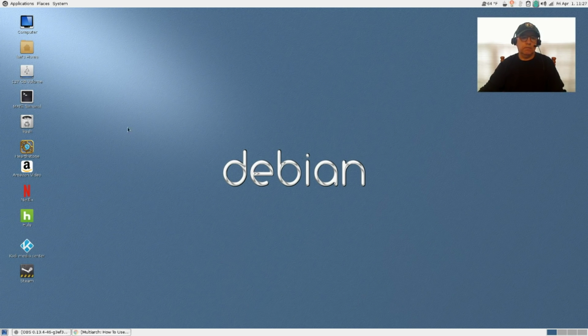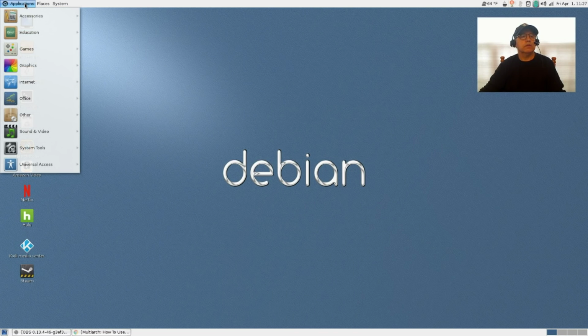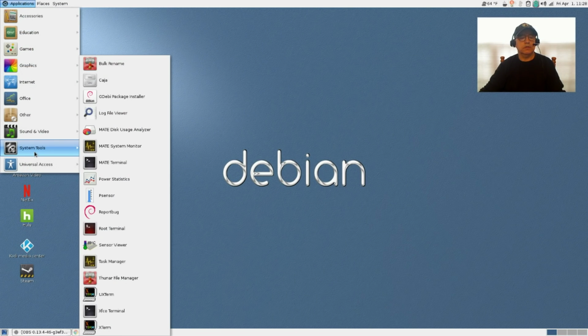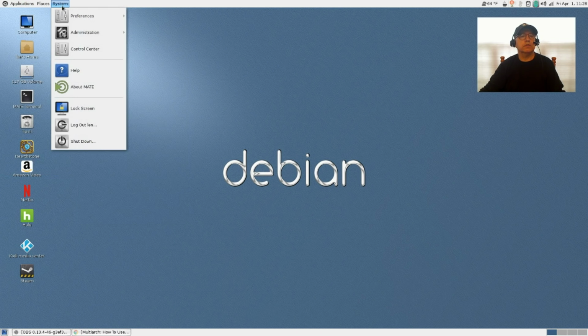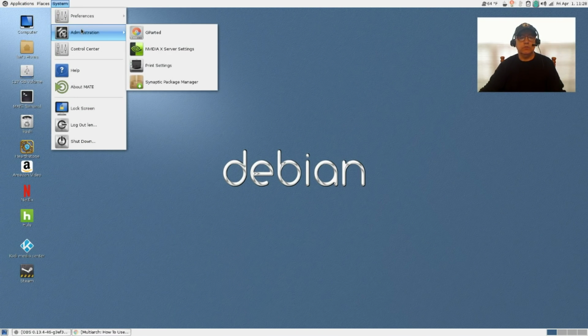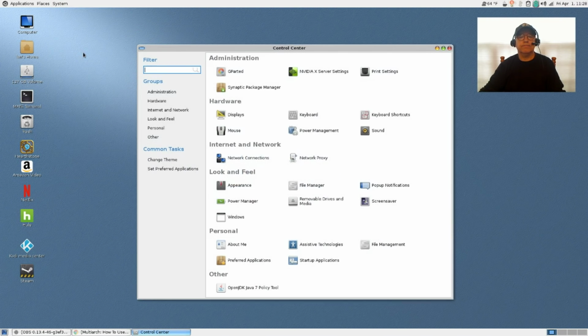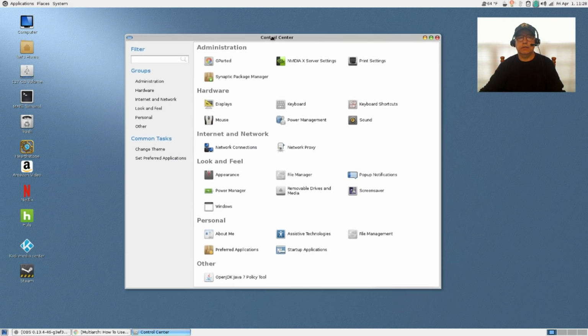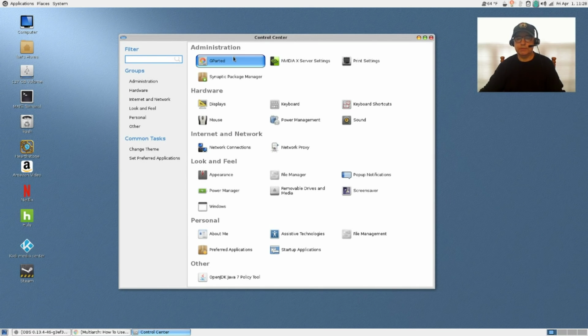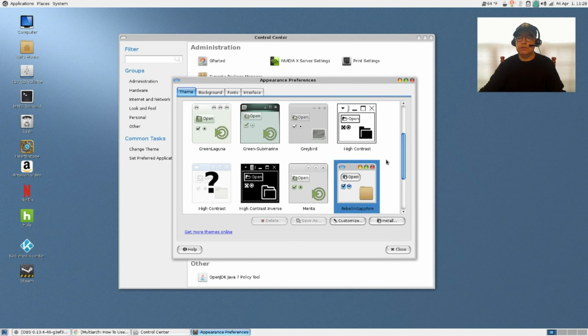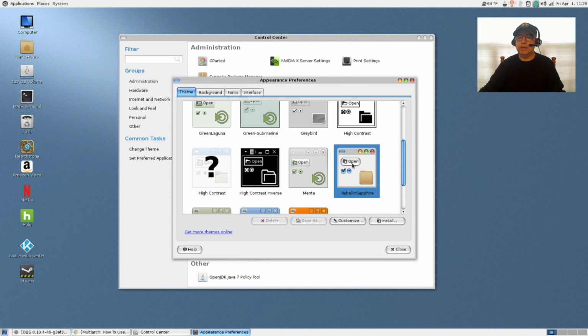My theme, this theme that I'm using here, let's see, where is appearance? I don't use Mate a lot, but I'm getting to like it more, so I'm starting to use it more often. If you go into appearance, you can see I am using Rebellin Sapphire.